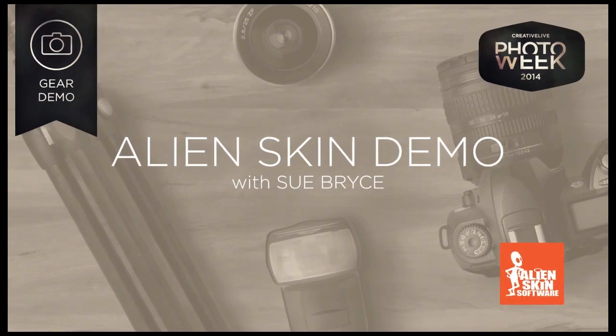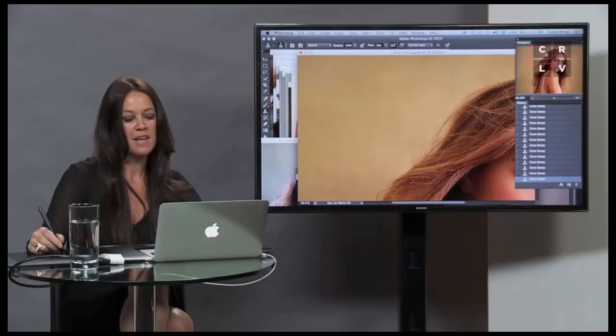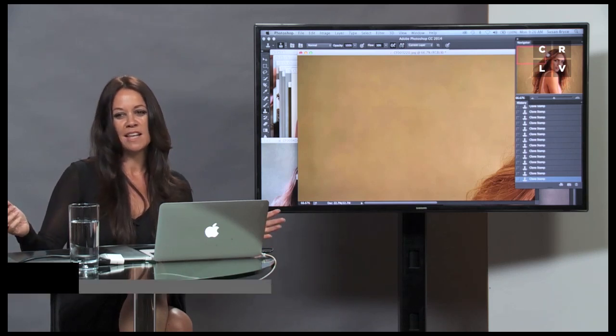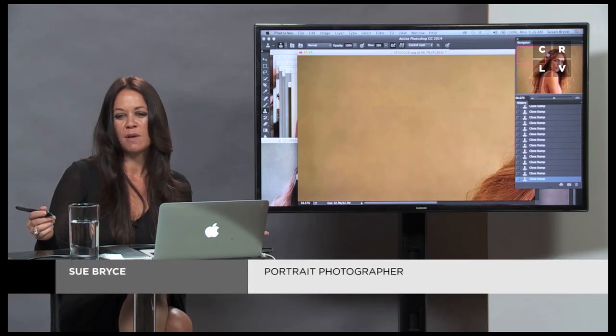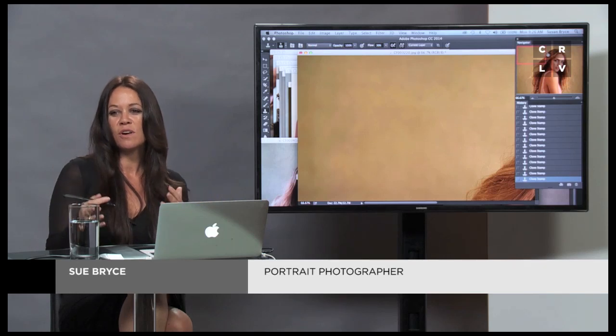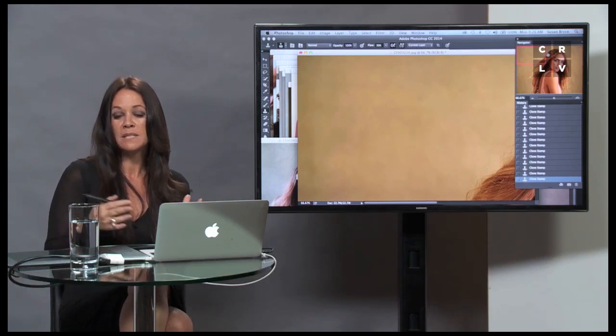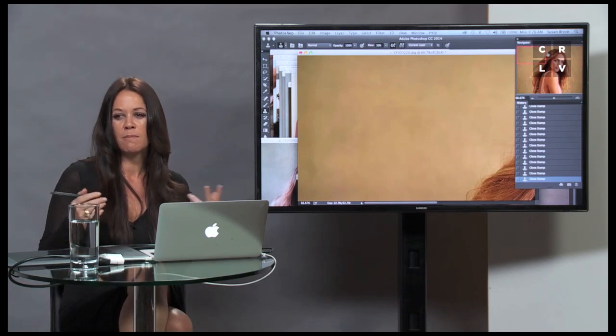A lot of fancy words and a lot of fancy techniques come out, but if I can press a button, then I can make money. And one of the things about Alien Skin was it became a go-to for me because I saw a lot of photographers release a lot of actions over the last 15 years. Particularly in the last 8 years, actions became the biggest thing.